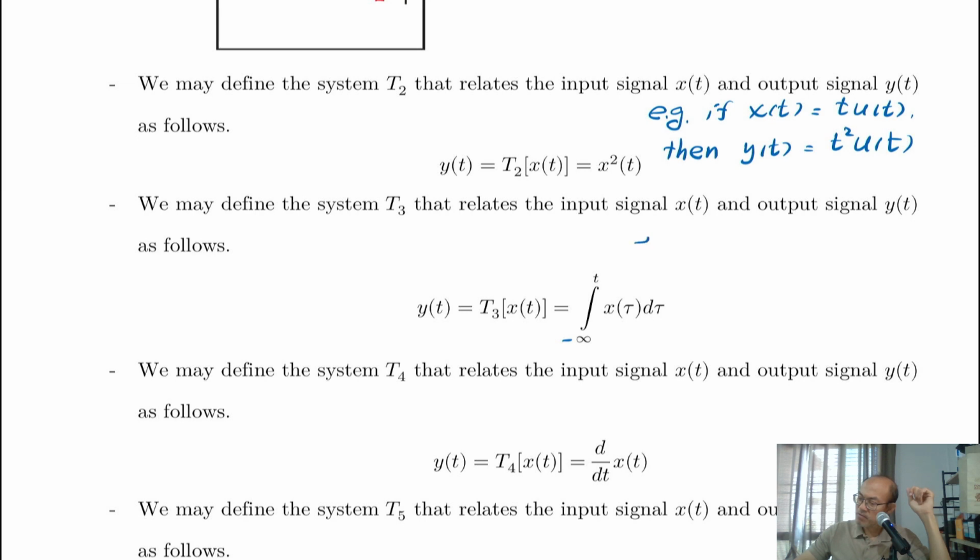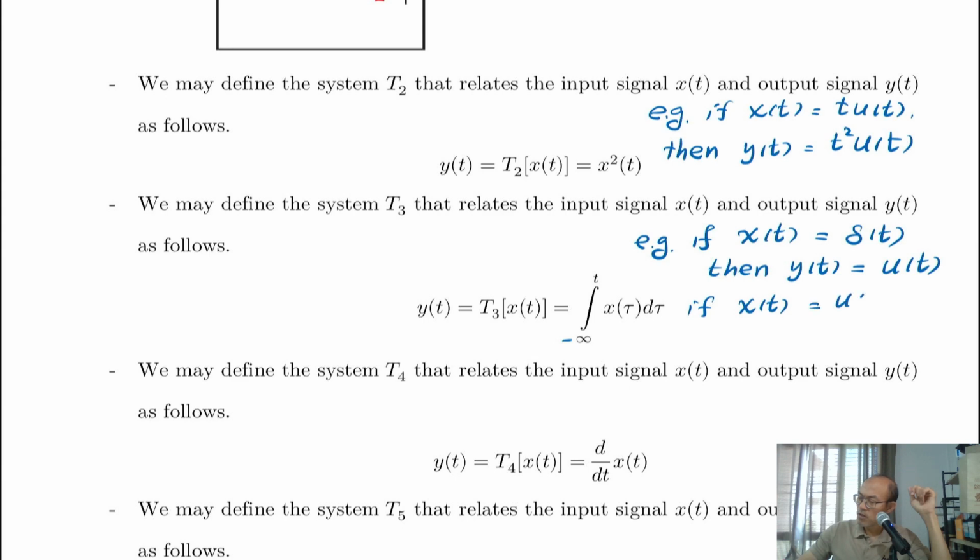So for example, if the input signal to this system is delta, then we know that the integral of delta is u, right? So the output to delta would be u. Or if the input signal is u, then the output from this system would be t u(t),